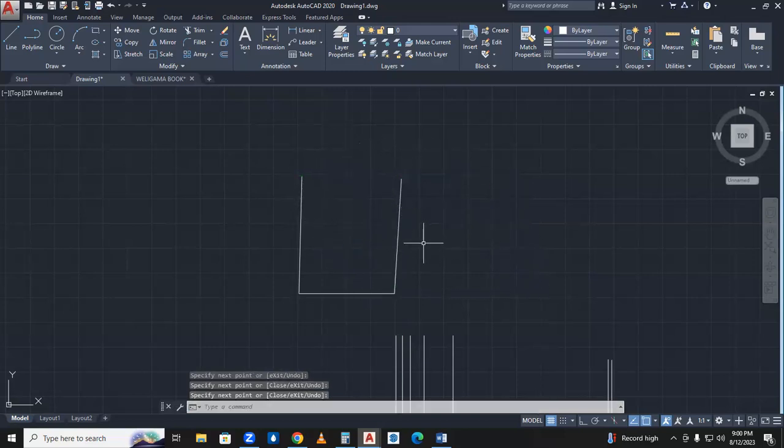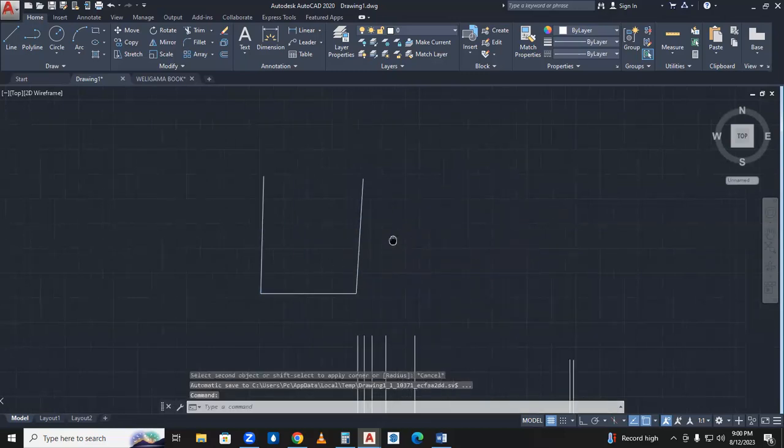Okay, so I have like this. So I want a line to come and join these two. Let's take like this. Without drawing a line to connect these 2 points, we can use a tool called fillet. Say for example, like